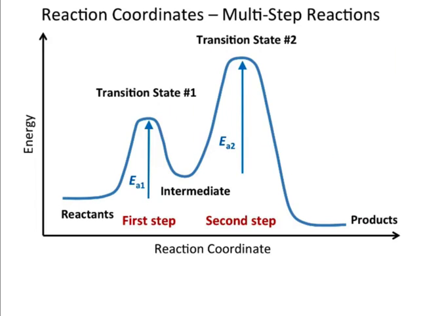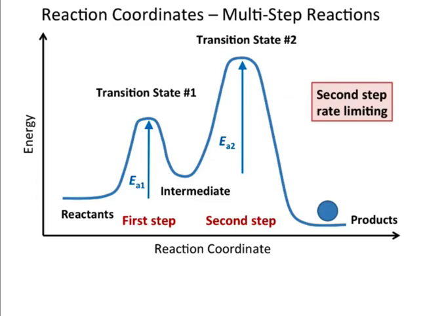Now, this other version here shows the second step is rate limiting. So you start from reactants on the left, products on the right, again, per normal. And then your second step, the activation energy is much greater than the first step. And so when you start the reaction, getting over this first transition state will be pretty quick. But then you don't have the energy guaranteed to get over the second transition state. And so that's the one where it's going to limit the rate of your